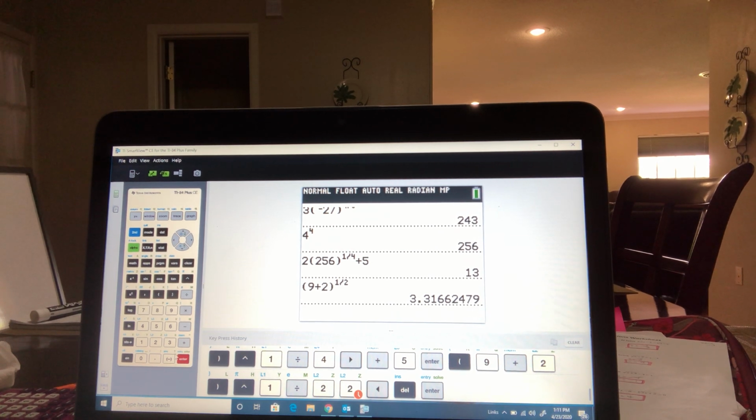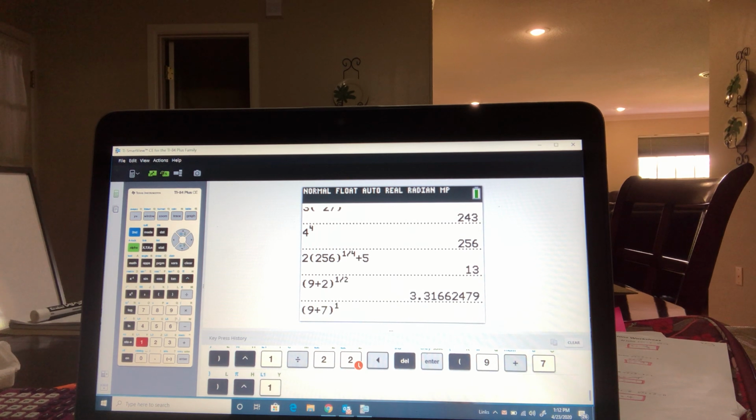Now the original problem was x plus 7. That's why it didn't work. Sorry about that. I was looking at the wrong thing. So it should have been the number 9 plus 7. Was looking at the wrong problem. Okay, so 9 plus 7 raised to the half power